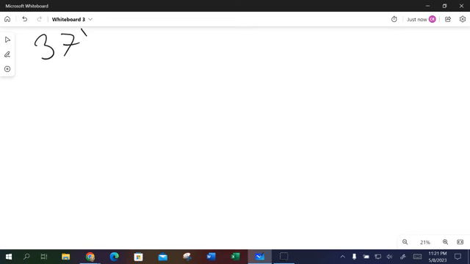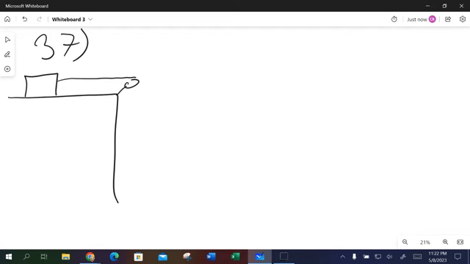Moving on to question 37 now. Question 37 is asking us about the force and net work done on a two-block system that looks pretty much like this. There's a block here, a pulley, and a string around it, and there's a block in here. The question reads, a block is set on a table where there's negligible friction between the block and the table. The block is connected to an identical hanging block by a lightweight string that passes over an ideal pulley as shown. When the blocks are released,